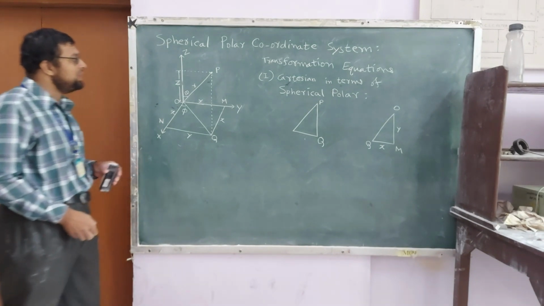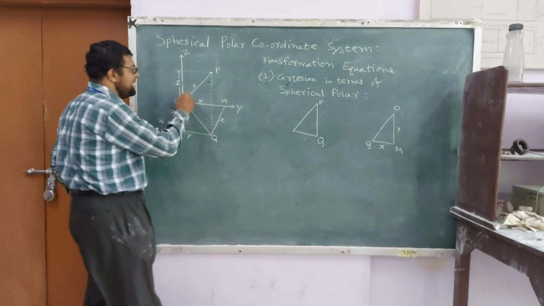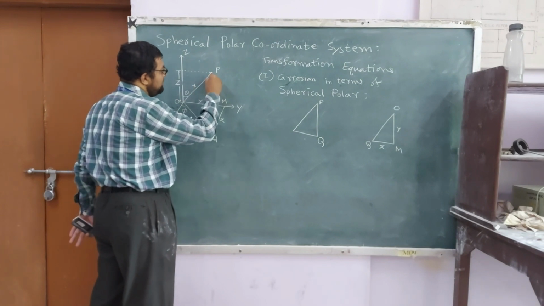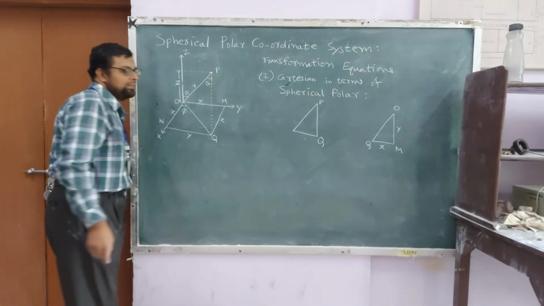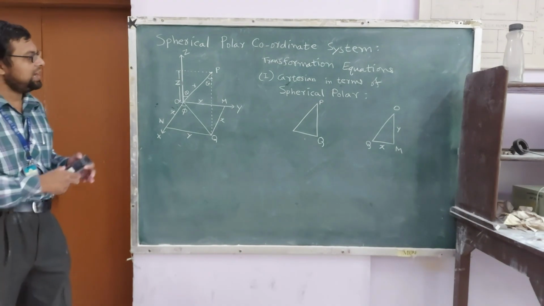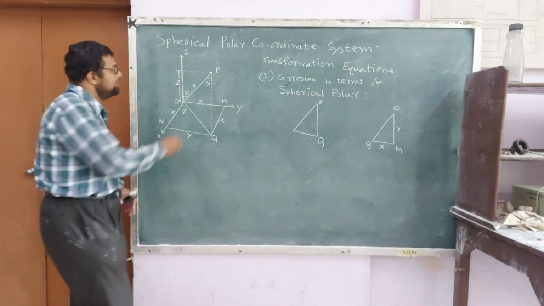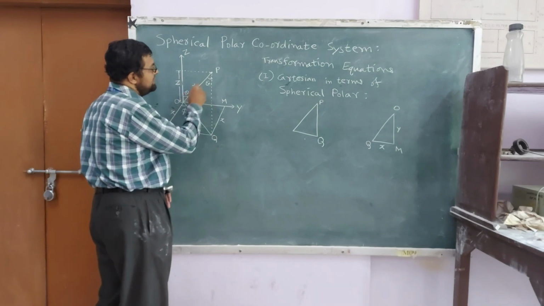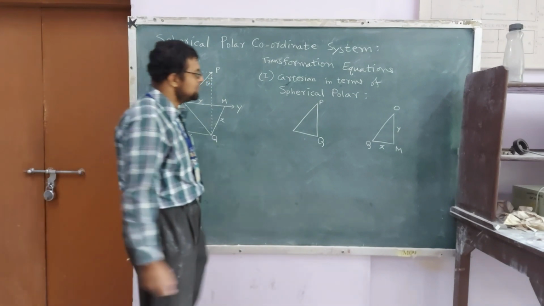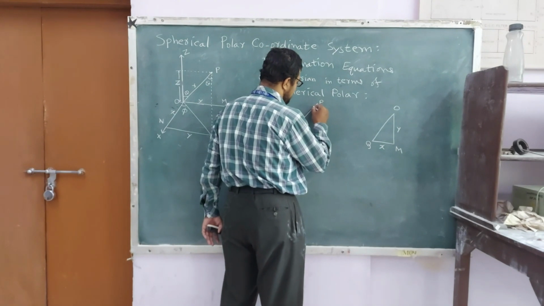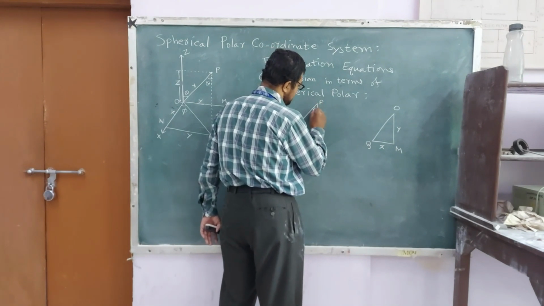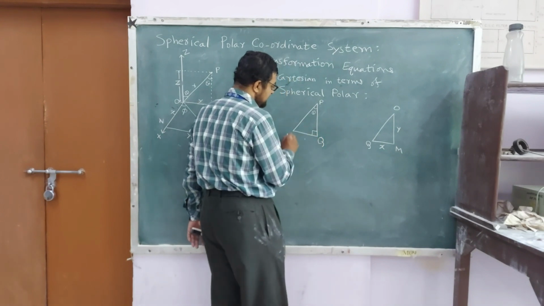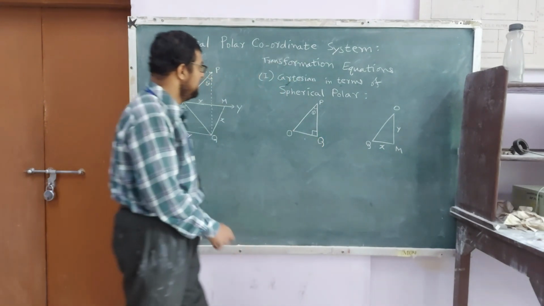Now we know that this angle and this angle, both of them will be nothing but theta. There is some rule, I think they are adjacent angles, so that they are similar. So here, this angle is theta, so if this angle is theta, then this angle has to be theta. So here this angle will again be theta only. This is of course a 90 degree angle. This is our O.